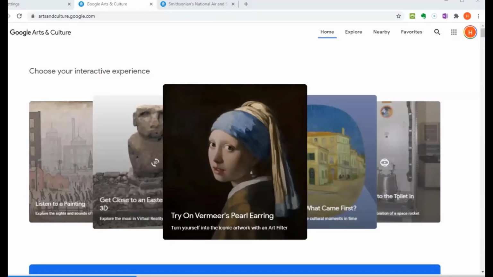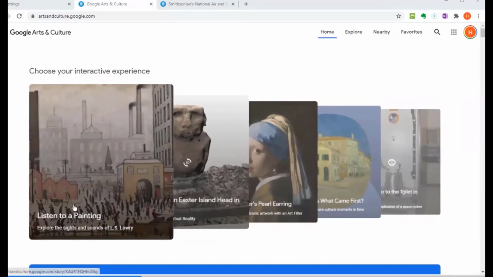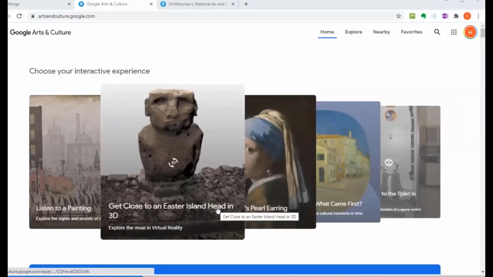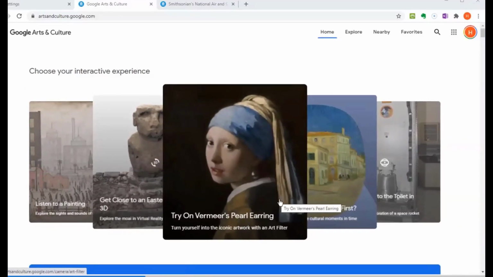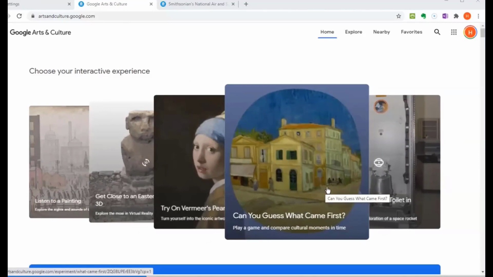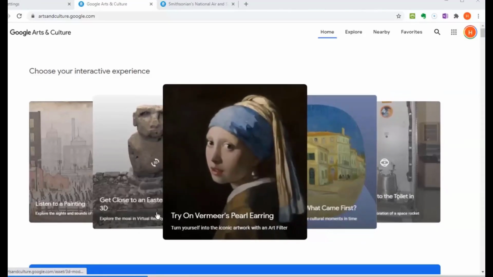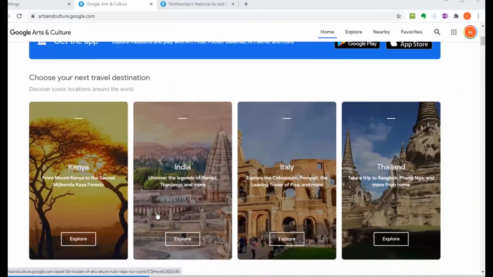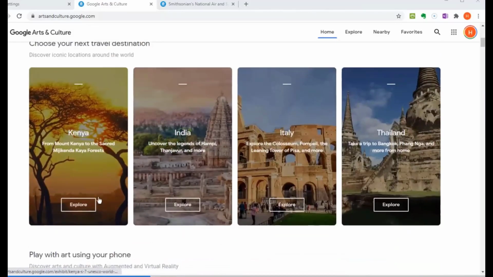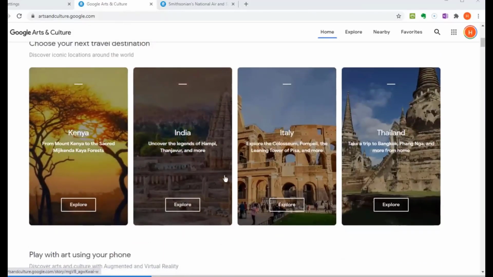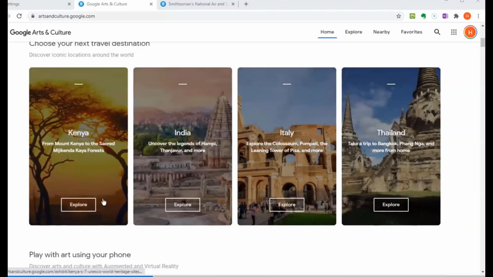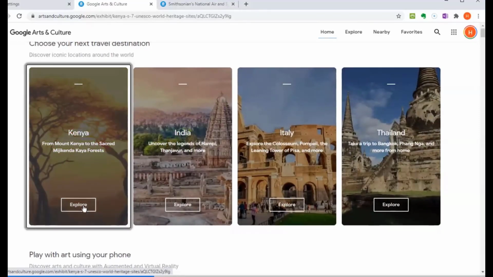We're on my PC. You'll notice that it says you can choose your interactive experience. So there's some interaction that you can do. You can listen to a painting. You can get closer to the Easter Island head in 3D, and so on. There's a game you can play, and so on. But let's just move down the screen here. You can choose your next travel destination. You can go to Kenya, India, Italy, Thailand, and just to show you, on the Explore on the Kenya,